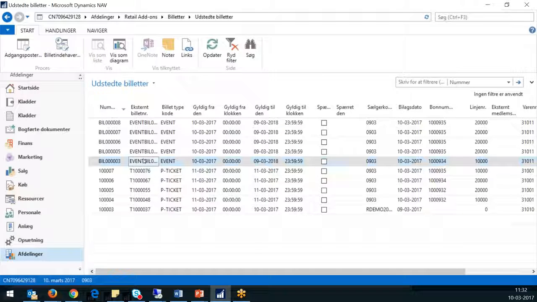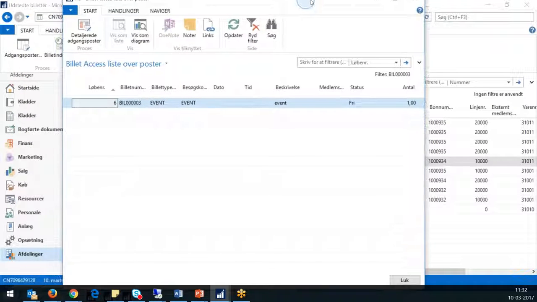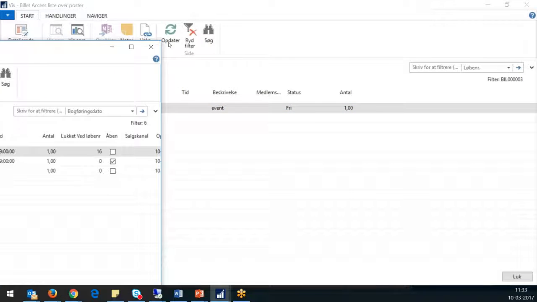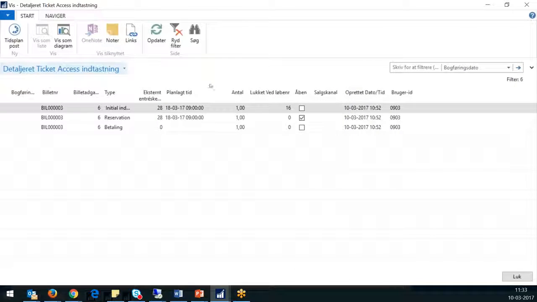And if I look at tickets like this one, events, that would open a window on the other screen. There we go. So in this, it doesn't say much, but it just says that I've got a ticket which is valid for the admission event and a quantity 1. And if I look at the details, I can see that